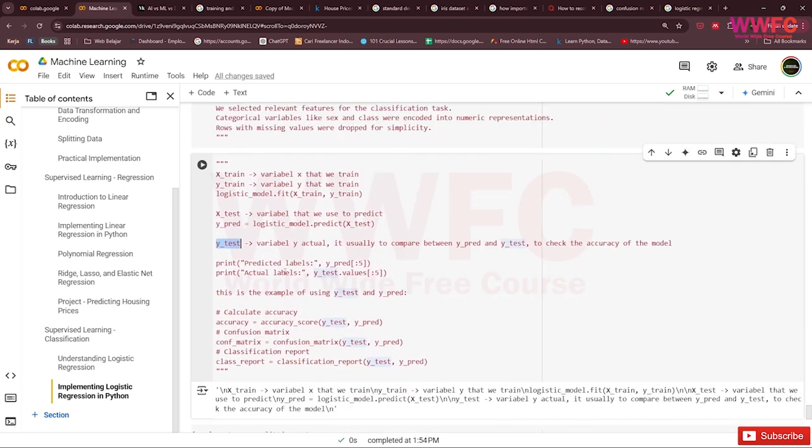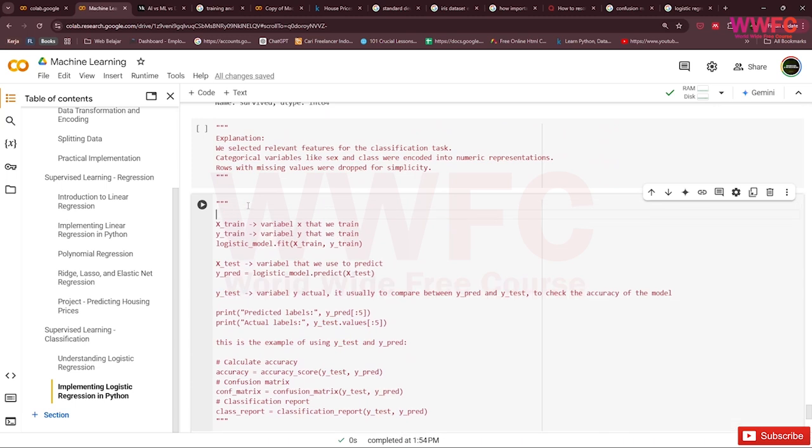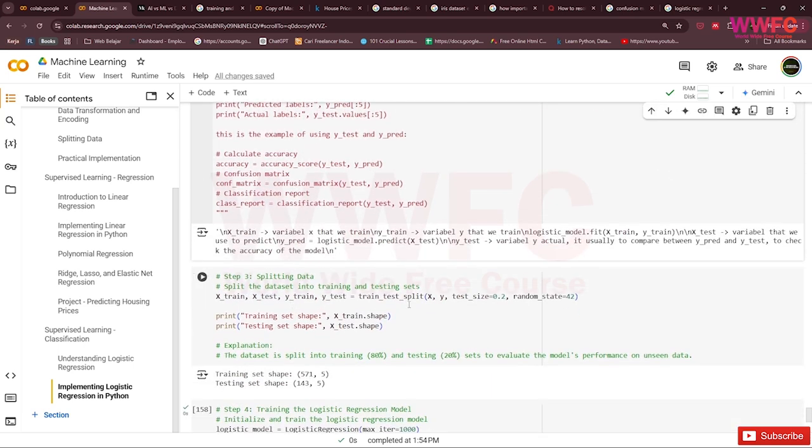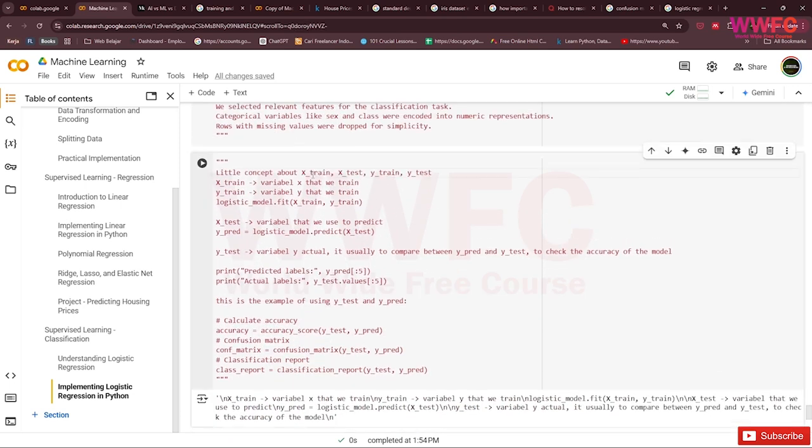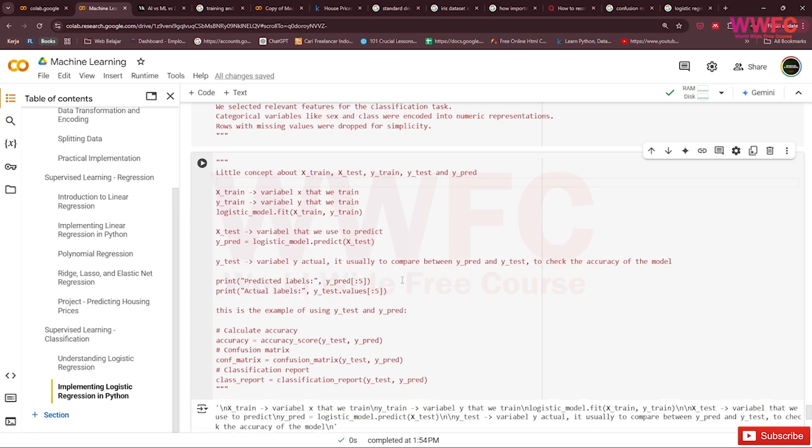So this is just an example, a little concept about X train, y train, y test, and prediction. Okay, like this.